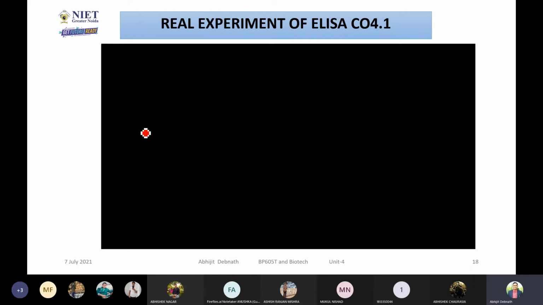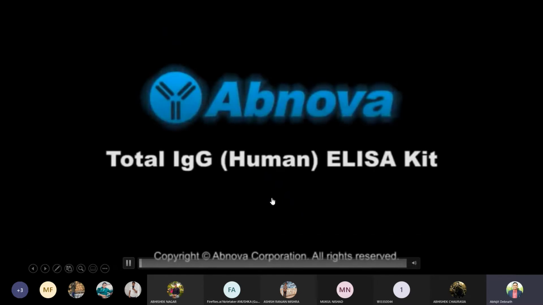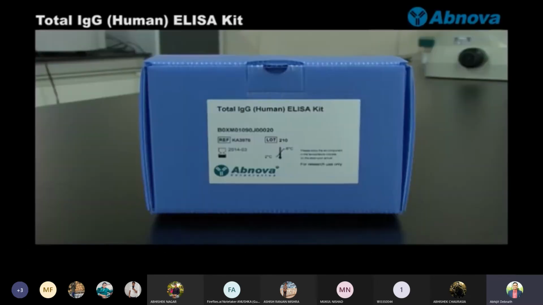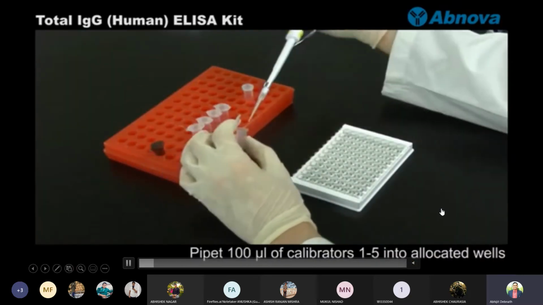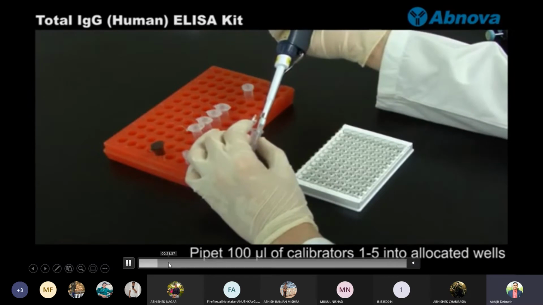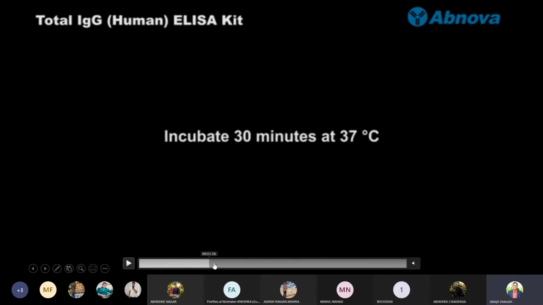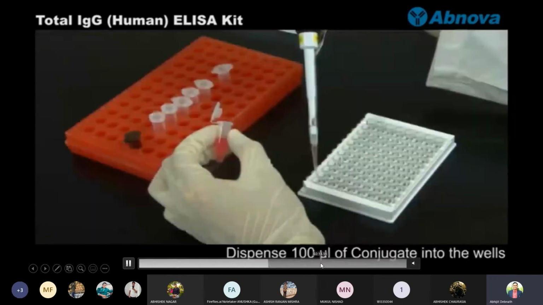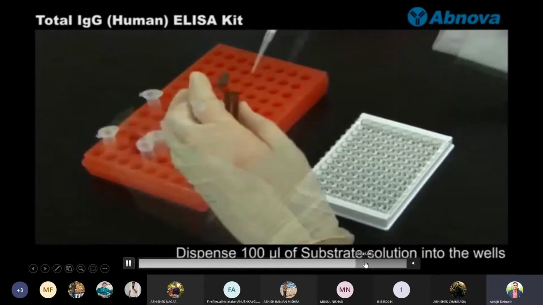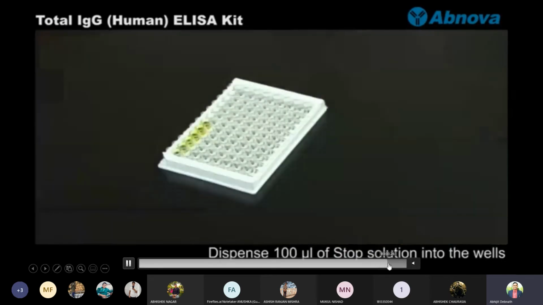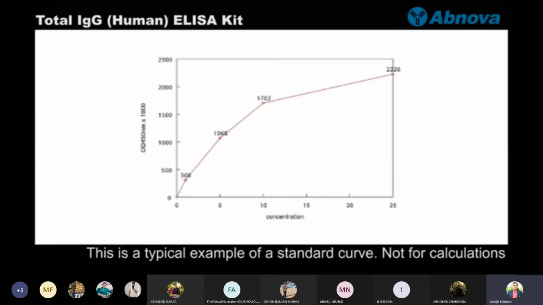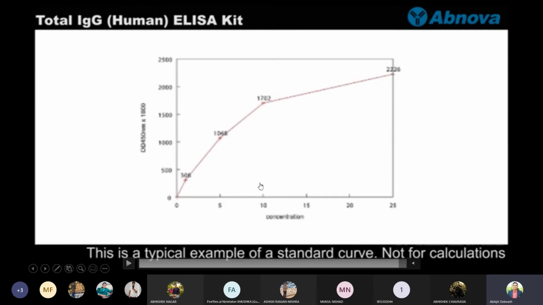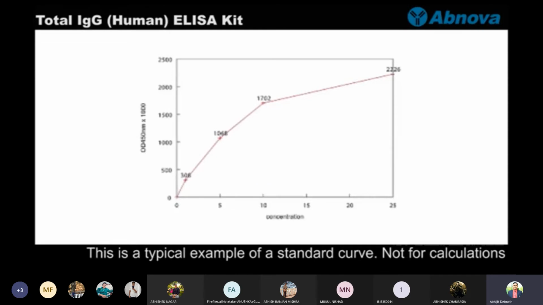So let me also show how in industry or in an actual lab this is happening. I have an interesting video from Agniva. Here you will see, this is the kit. They are actually taking some amount of the samples. One by one they're adding and then incubating. And then after some time, they'll be getting some color. Yeah, you can see some color is actually appearing. So the color that is appearing now, you can check this color also under a spectrophotometer, for its wavelength and other things also.